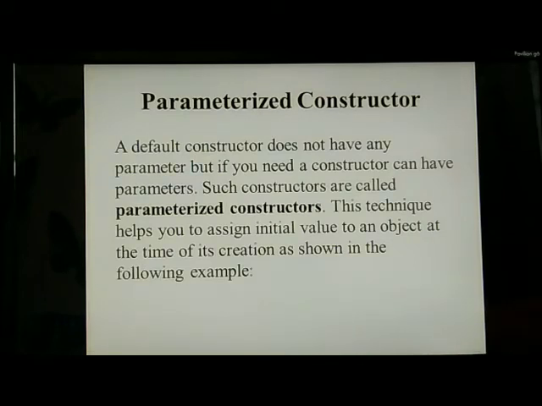Now the parameterized constructor. A default constructor does not have any parameters, but if you need a constructor with a parameter, such a constructor is called a parameterized constructor. This technique helps you assign an initial value to an object at the time of its creation.